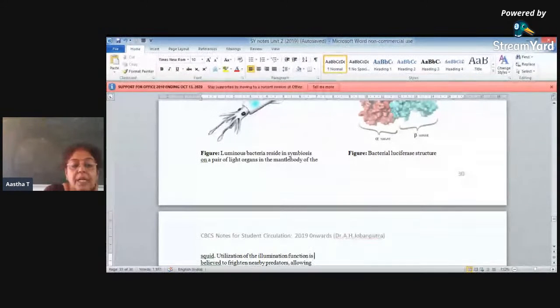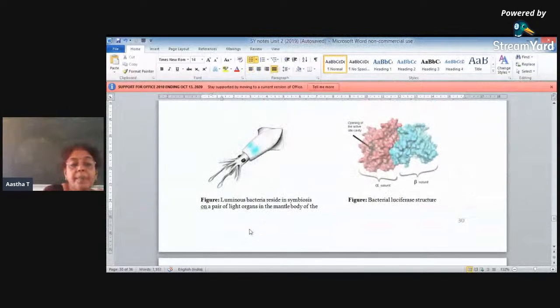So here you can see in this diagram, luminescent bacteria are present in the special organs which are found in this region, in the outer covering region, the mantle part. Because of that, the fish is showing the typical glow in the mantle region. Okay, and